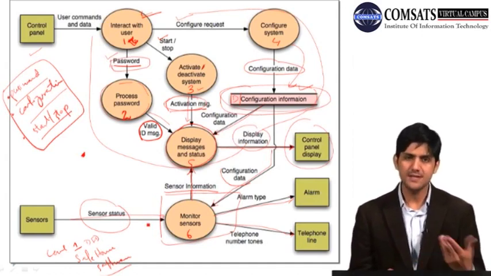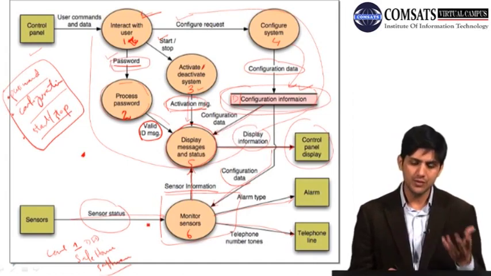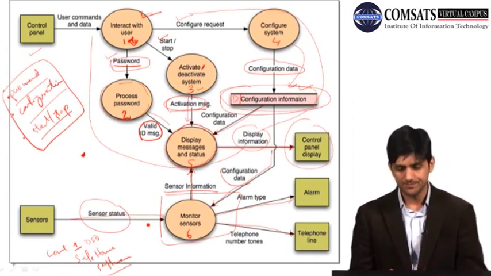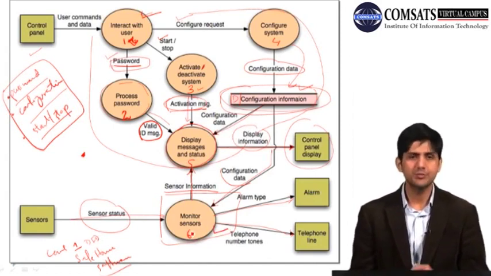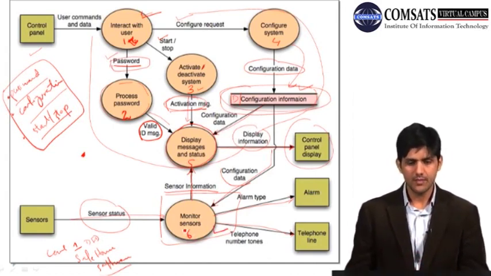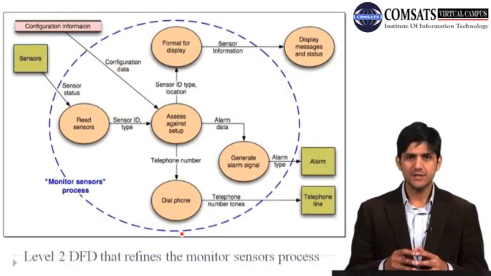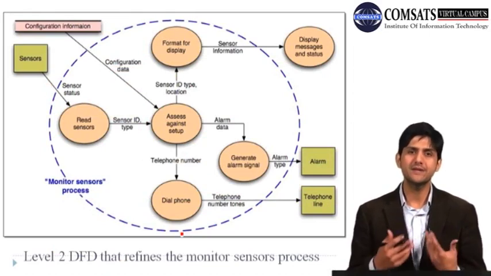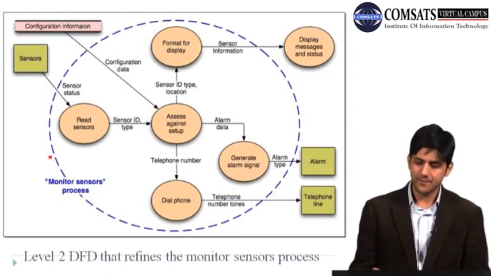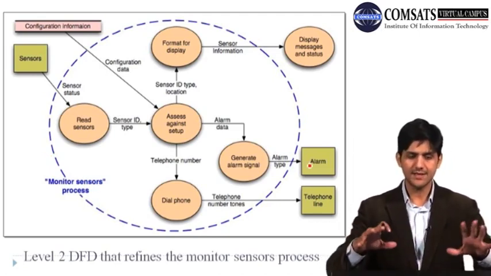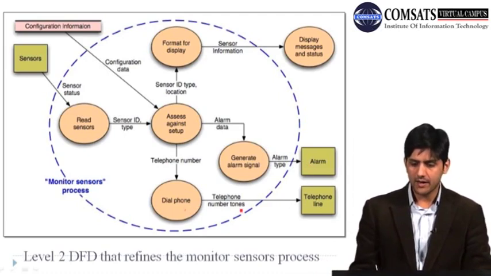And this process seems to be quite complex, because in total it has 5 inflows and outflows: two inputs and 3 outputs. So I would say, okay, I'm going to decompose this process number 6. So this is a level 2 DFD which further decomposes the monitor sensors process, which was process number 6. And as you can see in this level 2 DFD, I have